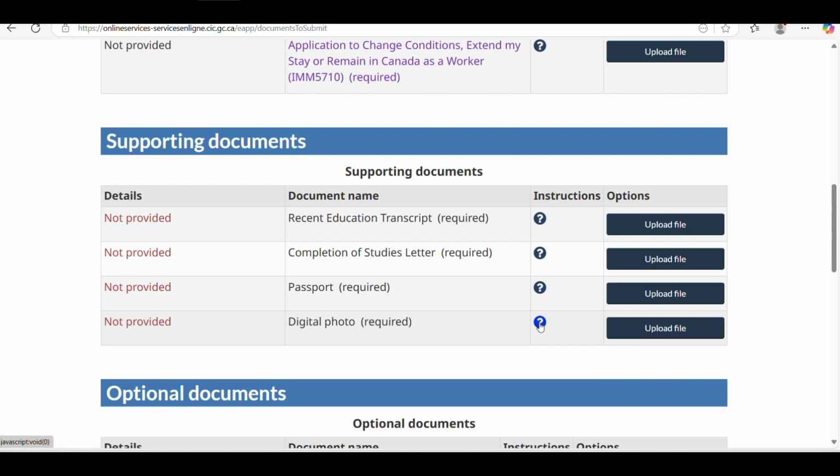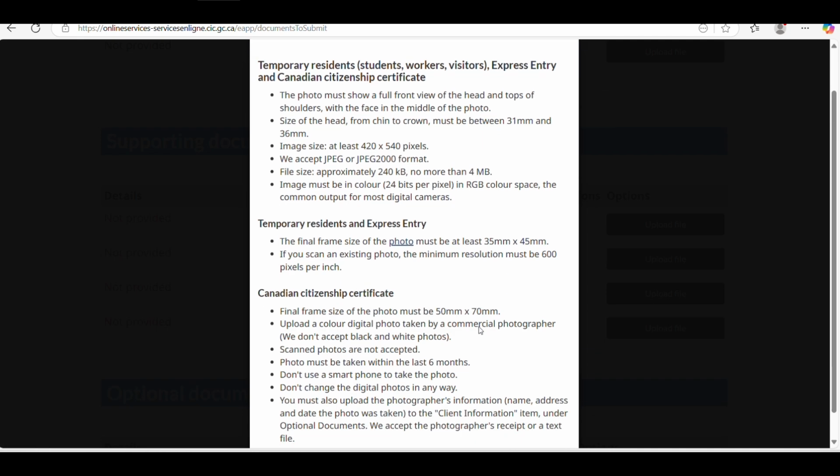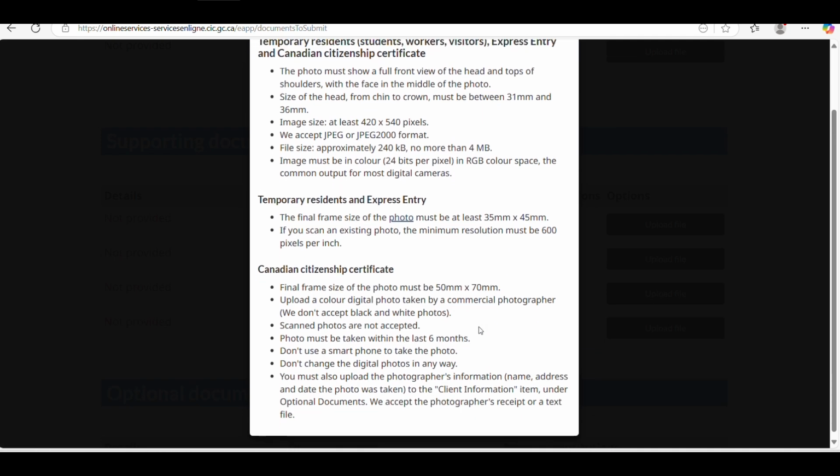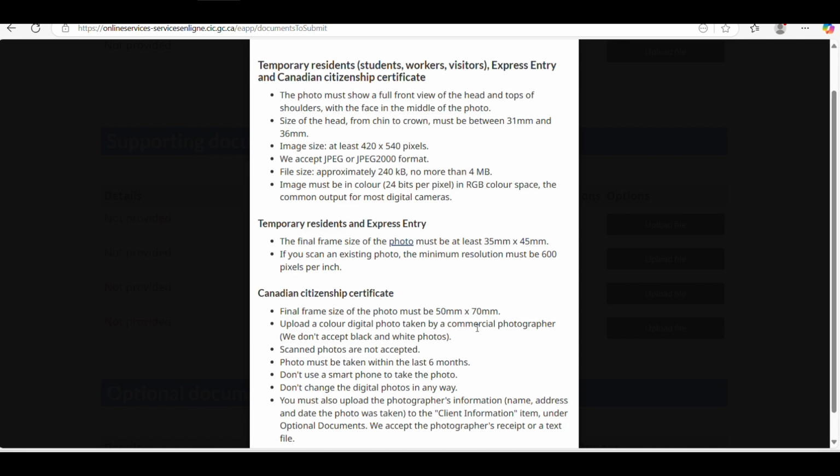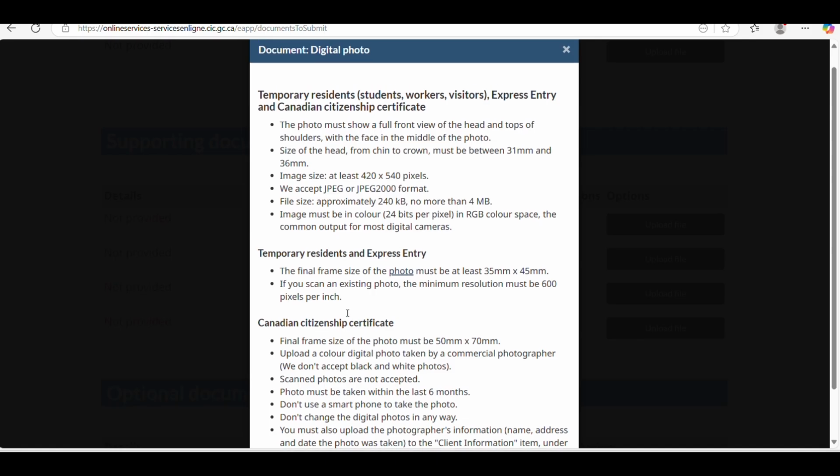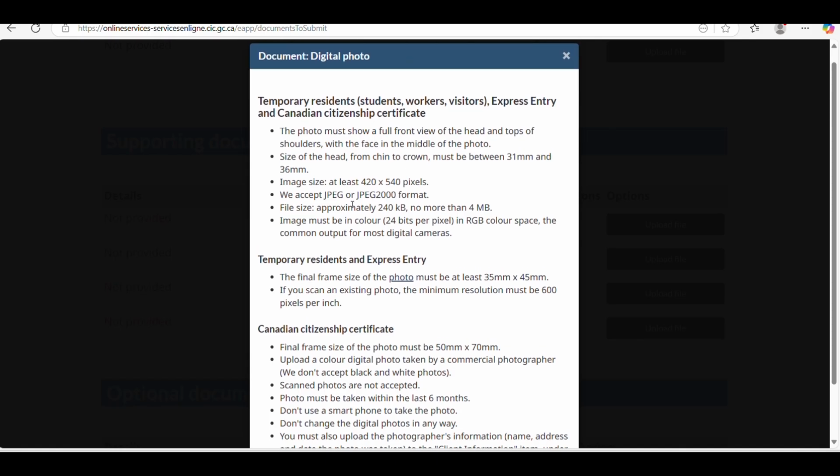The photo description here says what information you need and what the frame should be. We are applying for a work permit, so